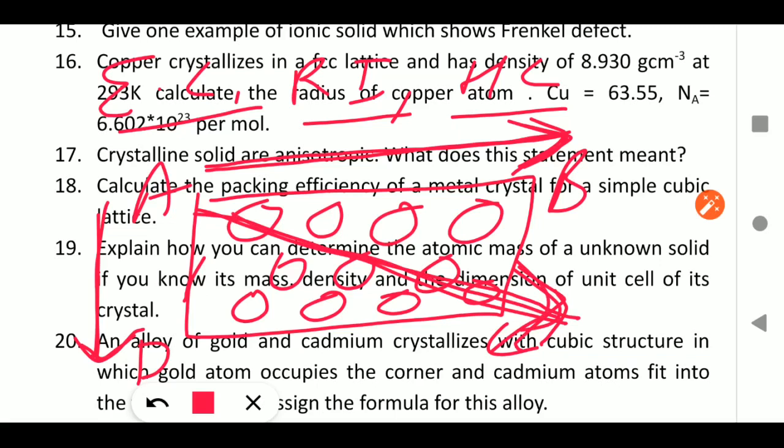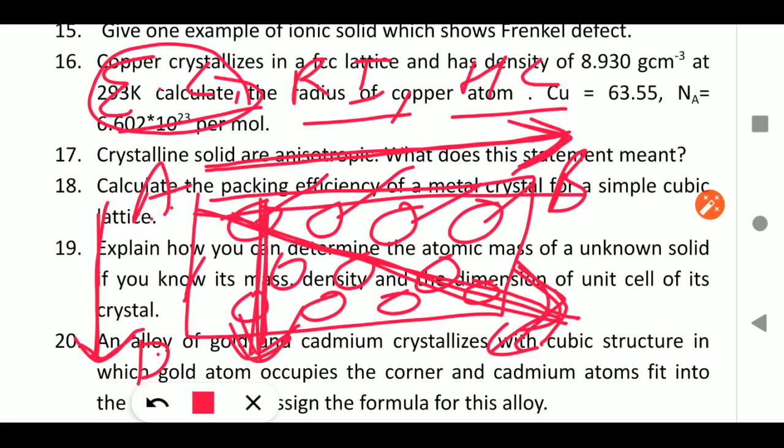Why do these values vary from one direction to another? As you are looking from direction A to B, only 4 ions are there, but from A to D only 2 ions are there. We know that for the conduction of electricity we need ions. So the number of ions is different in different directions. That's why their values are also different.